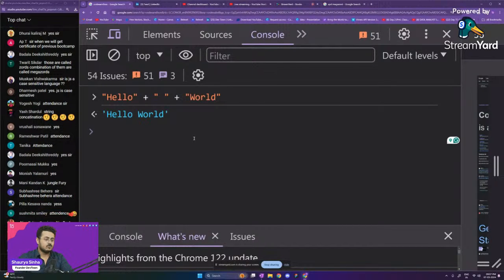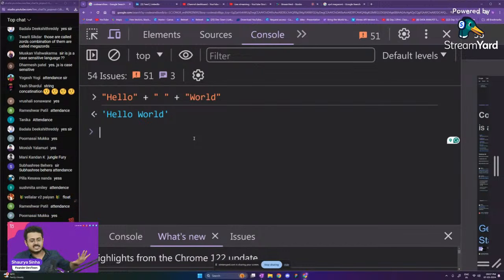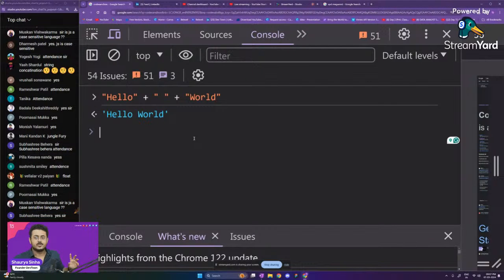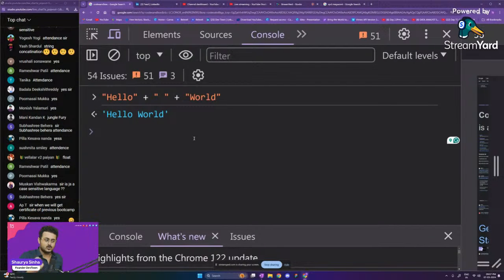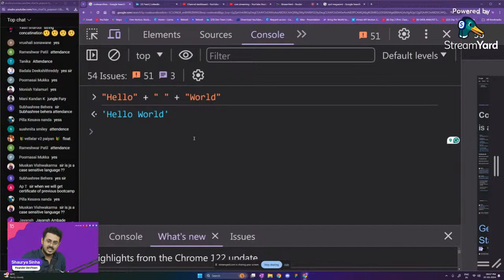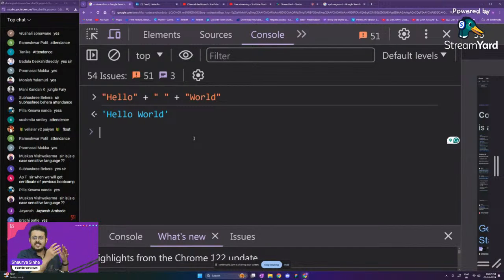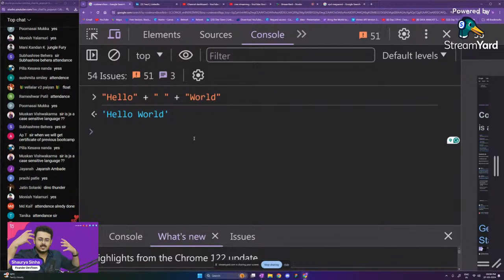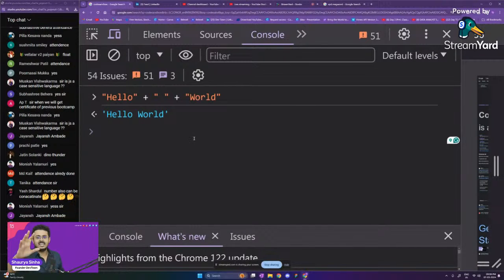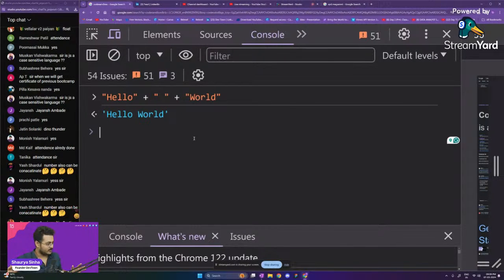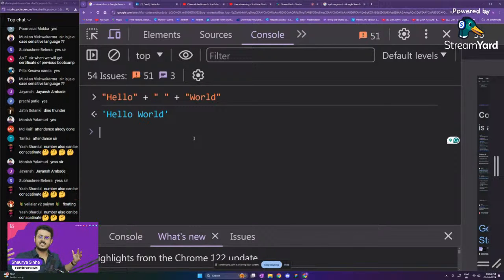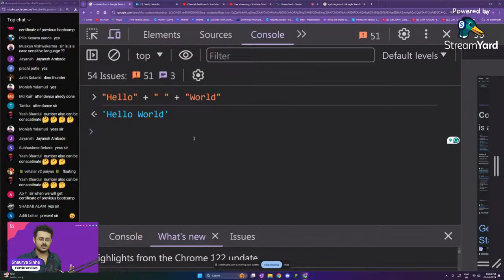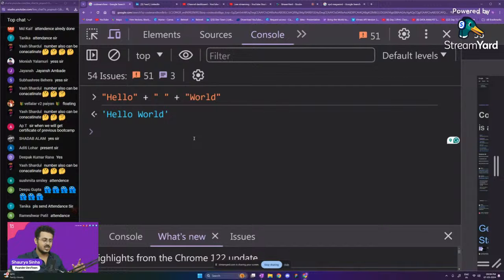Okay, now we will use all the things that we have studied up till this point to take in the name of the user as an input. We're going to save it inside of a variable. We're going to use an alert to showcase a custom message to our user saying, hi, Shaurya, welcome to DevTown. Whatever name the user gave us as input, we're going to use that to showcase a custom greeting message.